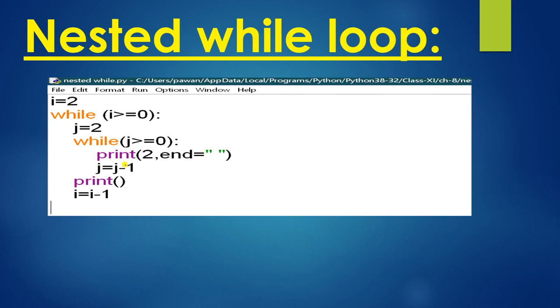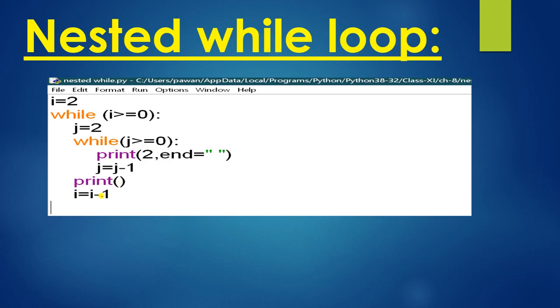Now j minus 1, so this 2 will become 1. 1 is greater than 0, yes, again 2 will print, now a space. Now the value of j will become 0. Now again the condition is true, so 2 will print again. So in one line, 2 2 2 will print separated by single spaces. Now the j value becomes minus 1, negative, so the condition will become false. Now the blank print here will print the new line.